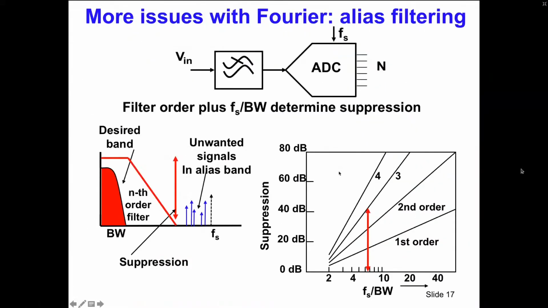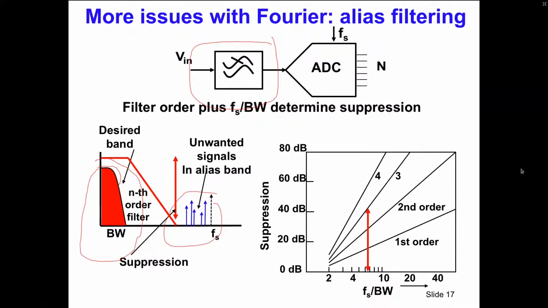Well, Fourier. I always tell my students, you had Fourier in your first year bachelor, get back to that class and study Fourier again. It is so important to understand A to D conversion, because Fourier plays also a role in another function that we need for an A to D converter, and that is the alias filter. Well, if you try to do a conversion of this bandwidth here in the lower left, then obviously you don't want all these spurs and whatever stuff you have over there folding back into your baseband. And that means I need a filter to kick out these guys.